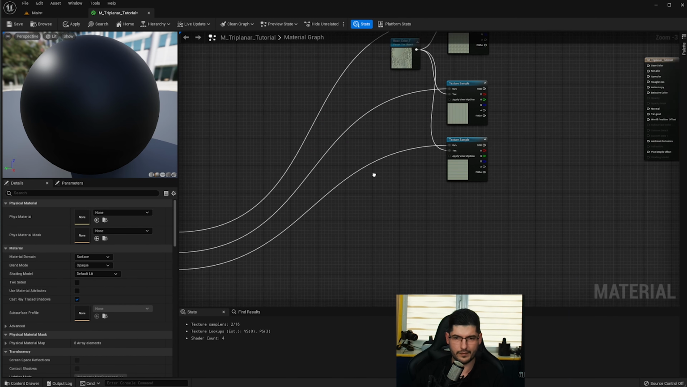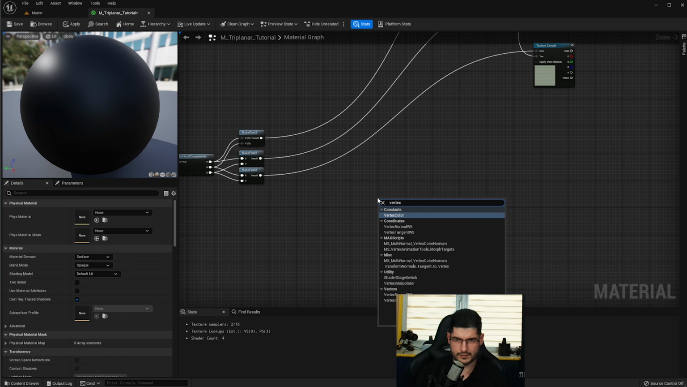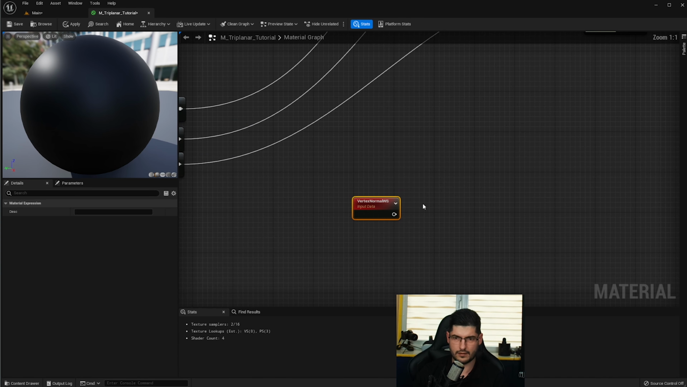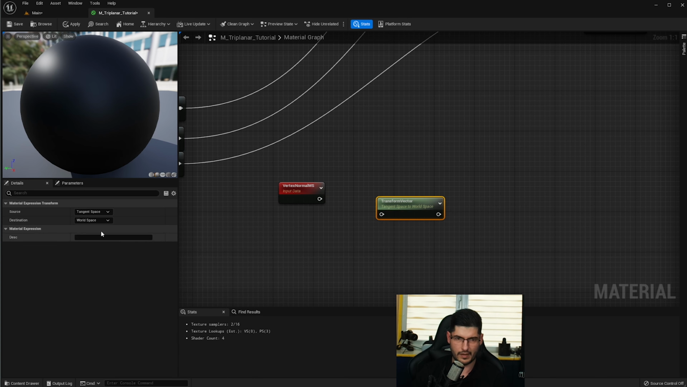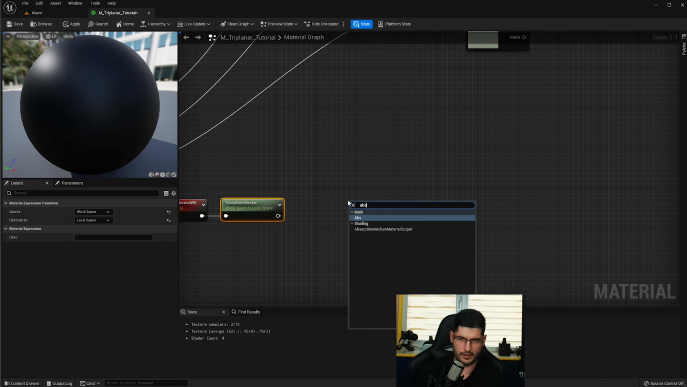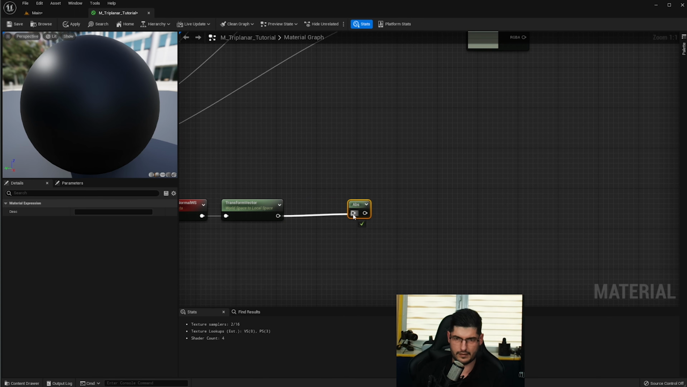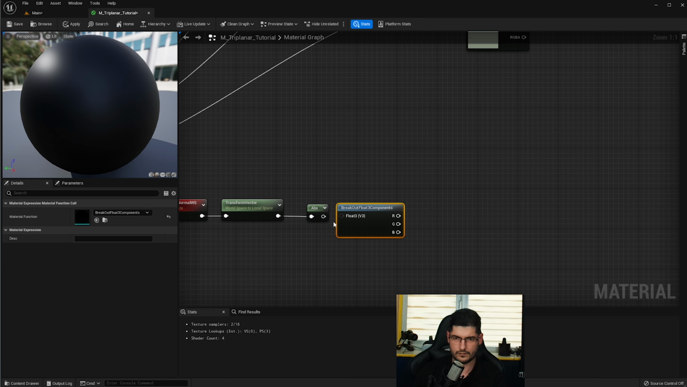Okay, and now we need another node, which is a vertex normal WS. And we want to put that into a transform. One second, transform. You can't select a vector, you can just select transform itself. I want to do it from world space to local space, plug that into there as well, like that. Then bring in an ABS and link it over into here, and then break out float 3 components and connect